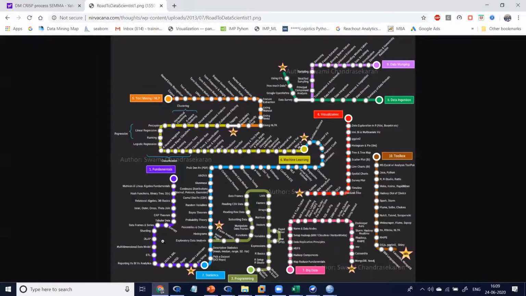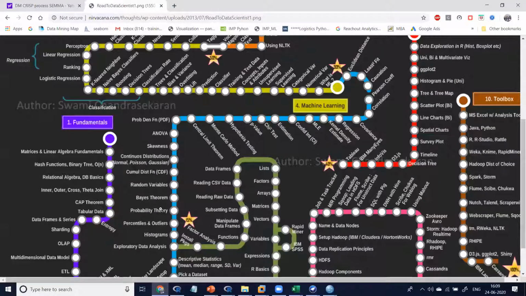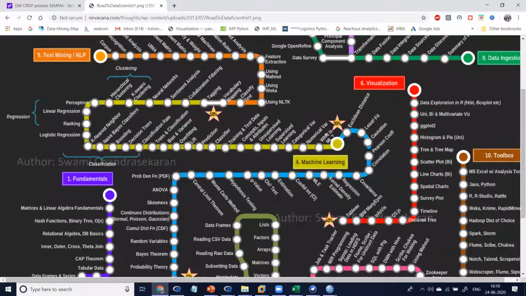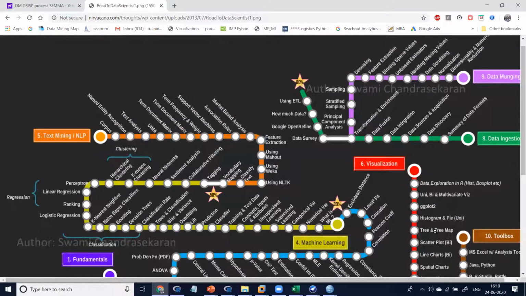What is the statistics? The statistics are histogram, exploratory data analysis, probability, Bayes theorem, random variable, cumulative distribution, skewness, ANOVA, hypothesis, p-value, chi-square, and all. Correlations, Pearson correlation, Euclidean distance. Then you are eligible for machine learning. You should not go for machine learning directly. In machine learning: categorical data, numerical data, summarized data, supervised data, unsupervised data, predictions, classifications, decision tree, bagging, and all. Then if you are coming to the next version, it's irrelevant.